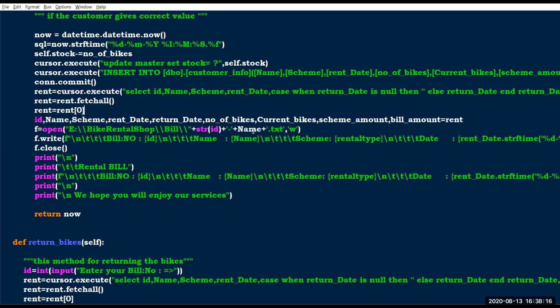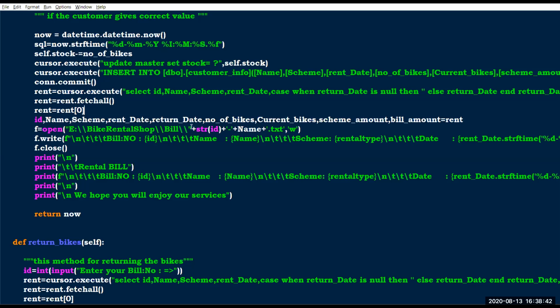Here I'm going to create a bill, which is written here, and I'm going to create a text file with the bill data. The text file will be stored in my E drive, in the bike rental shop folder, then bill.